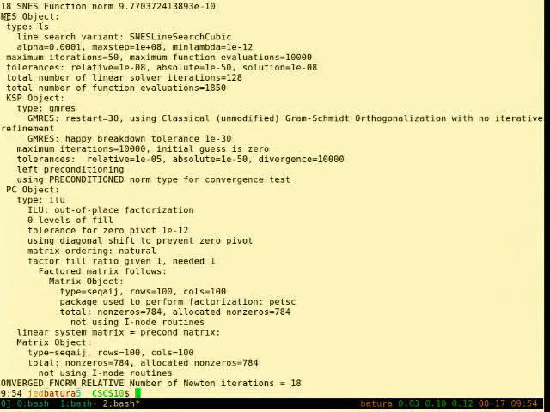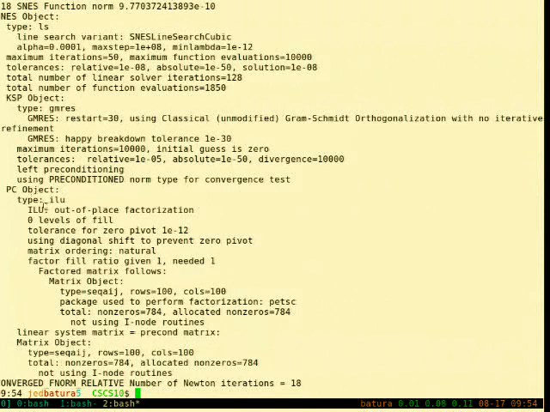We have the SNES, which is this nonlinear solver object. We're doing a line search. These are parameters for the line search, number of iterations and convergence tolerance and such. The linear solves are done using GMRES here. We can see parameters for GMRES, left preconditioning here, what norm is being used.